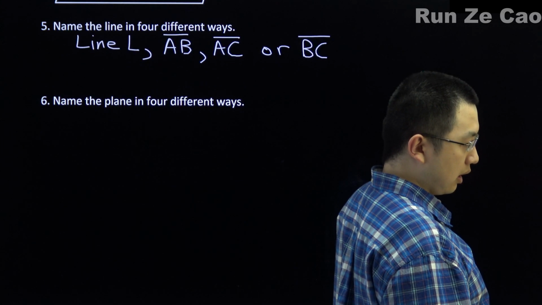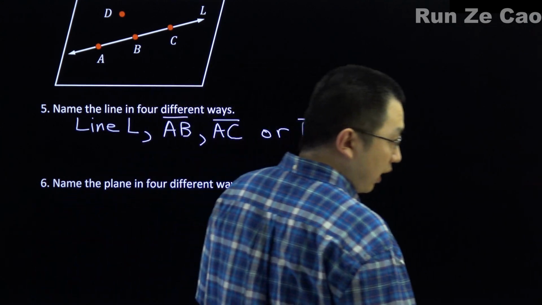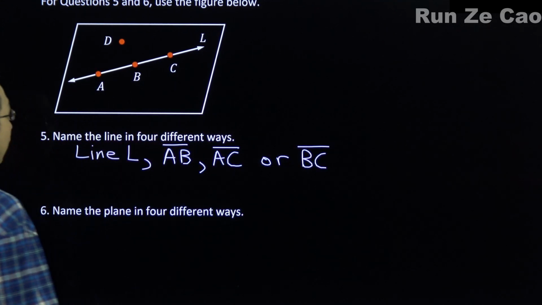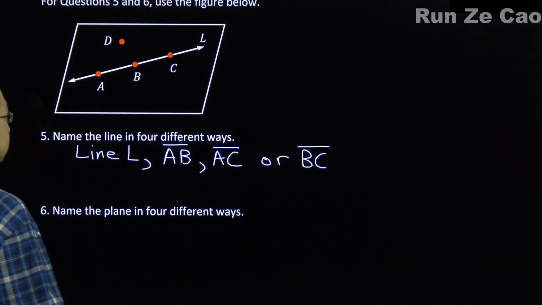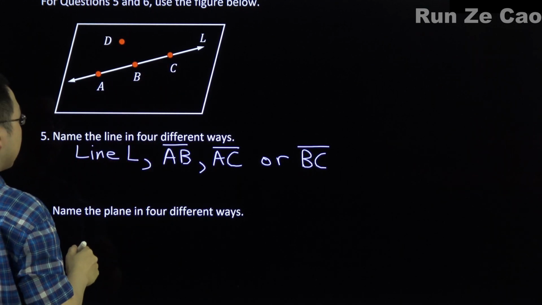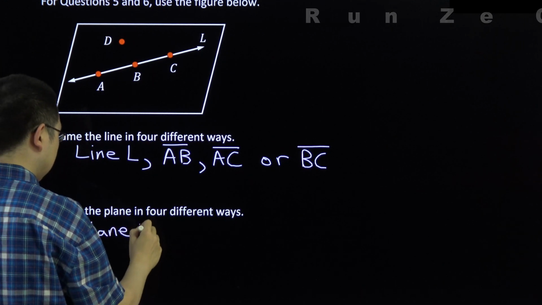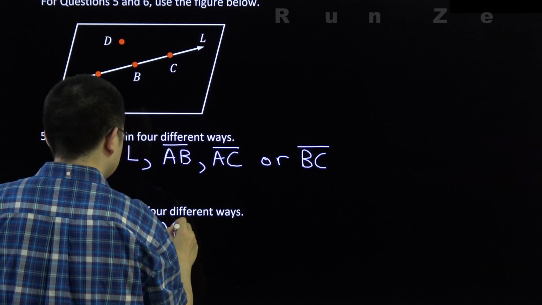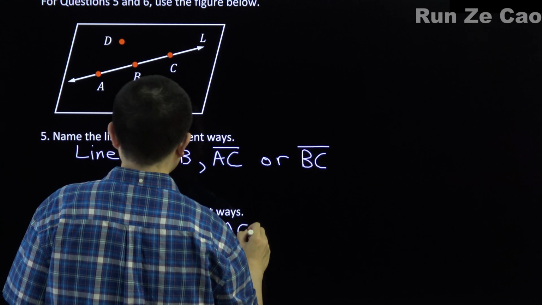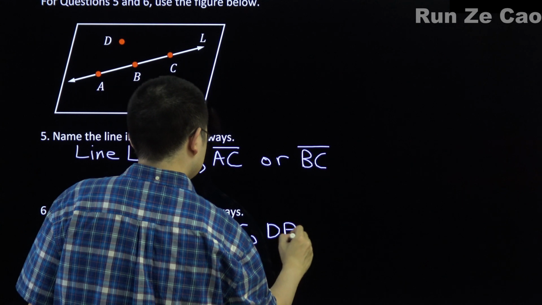Name the plane in 4 different ways. Well, it's specified by the point D and 2 other points that are not collinear. You can't have it be A, B, and C because those are collinear. They're on the same line. So it has to be plane DAB, DAC, DBC,